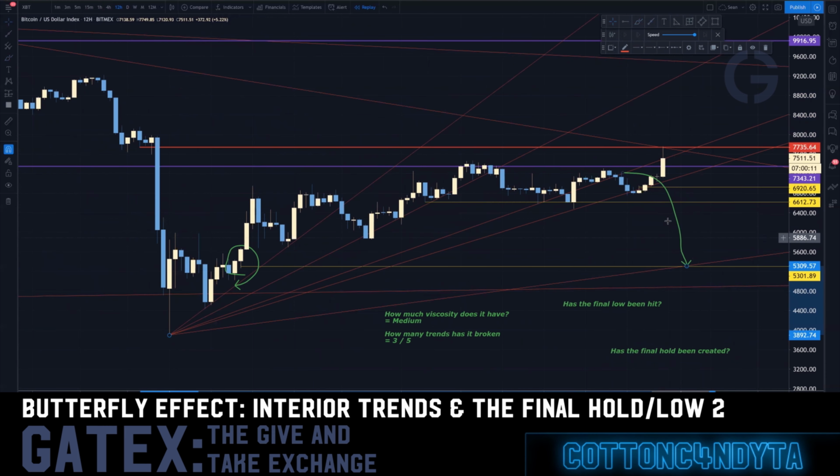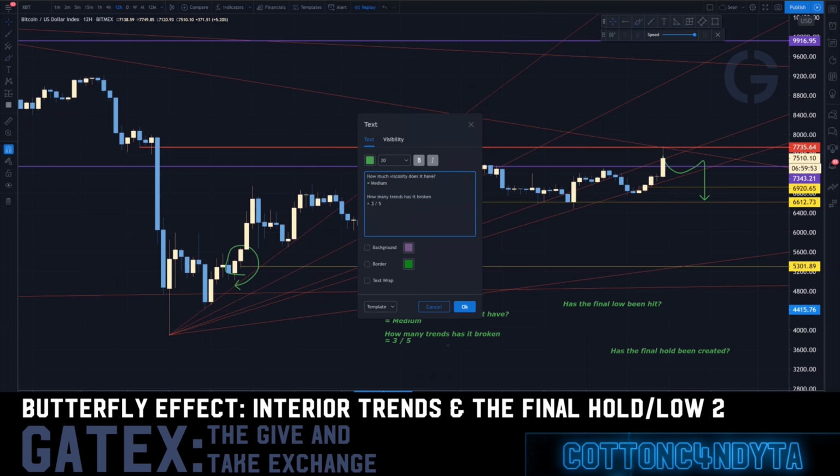So when you flip this over, it becomes a little easier to see on the side of accumulation because we're so trained to see that. So, as we break this trend again, we are now starting to attack the origin point of this move. So let's say we just come back down and simply now we break this trend, right? This is kind of the points of reversal where you're going to start seeing reversal. So how much viscosity does it have left? And how many times is it broken?